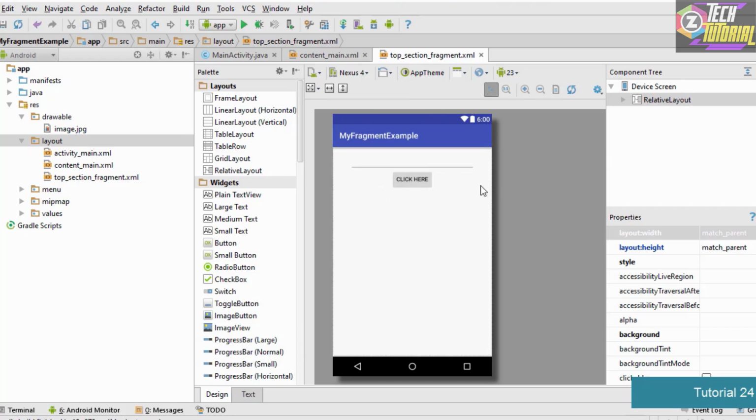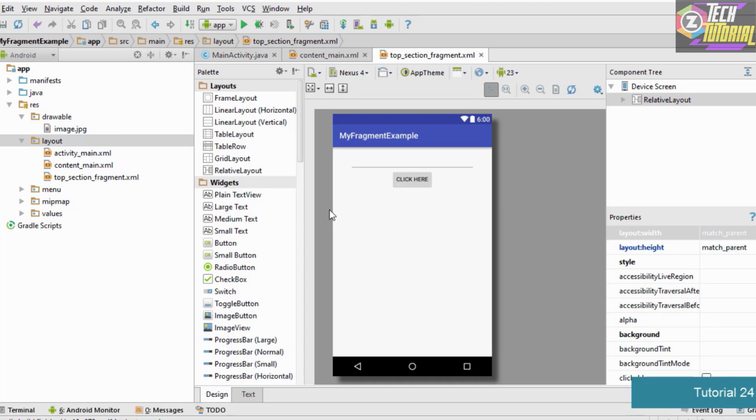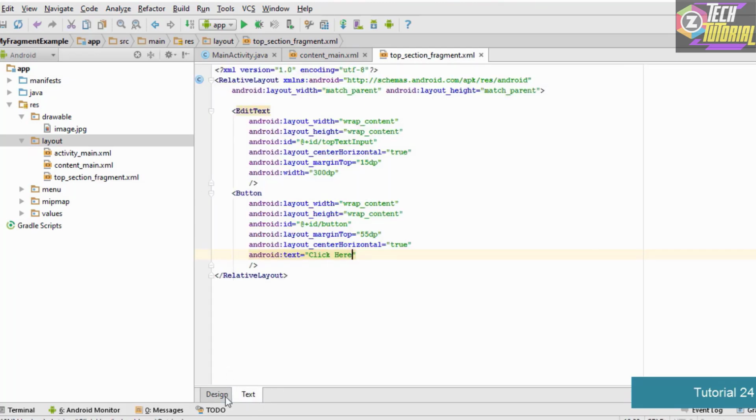To create it, we simply clicked on the layout folder, went to new, clicked layout resource file, and named the layout resource file. We also used the relative layout so that the elements could be laid out with respect to each other. And then finally, instead of dragging and dropping elements onto it, we used XML code to design the UI.